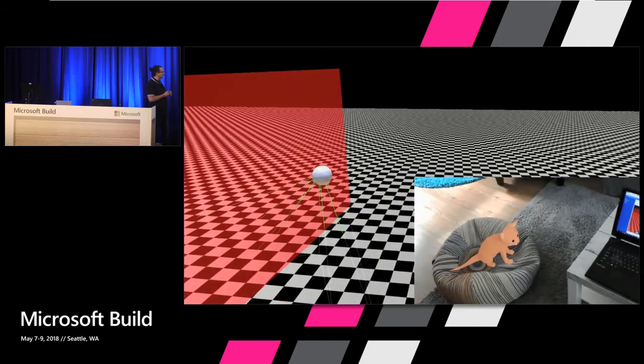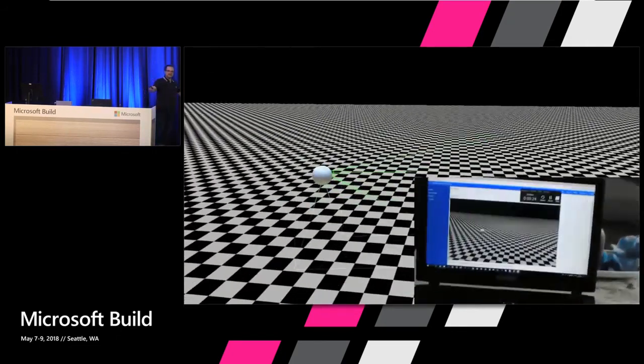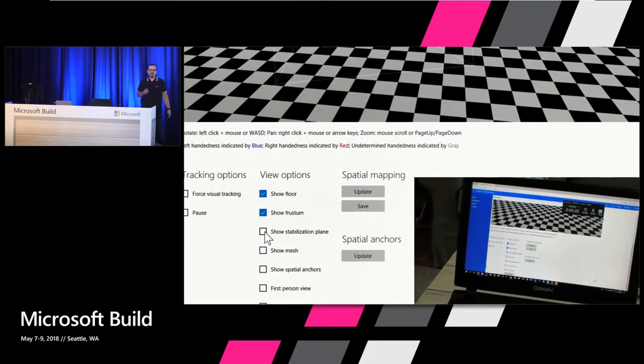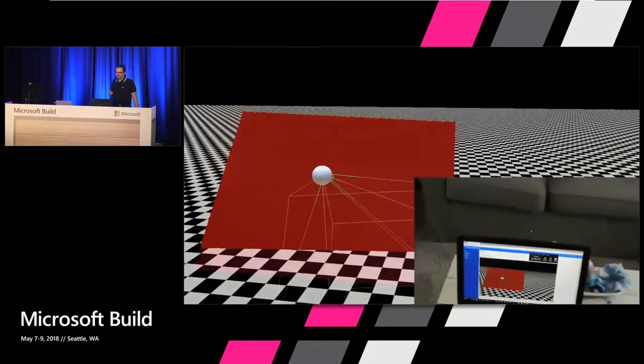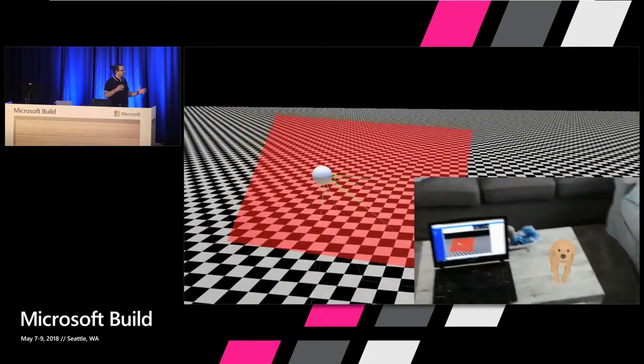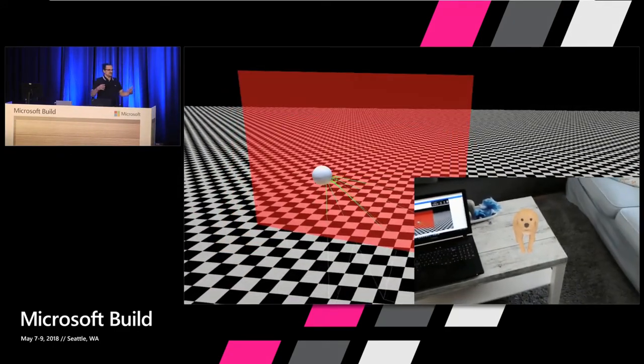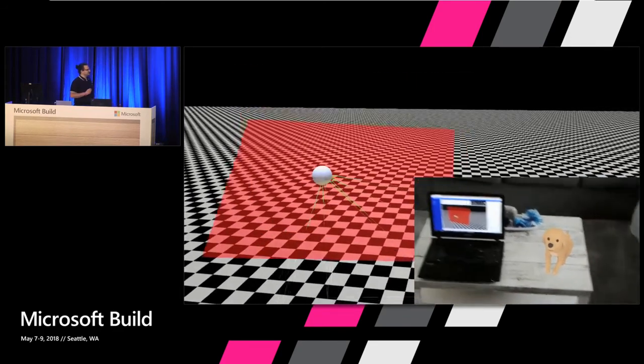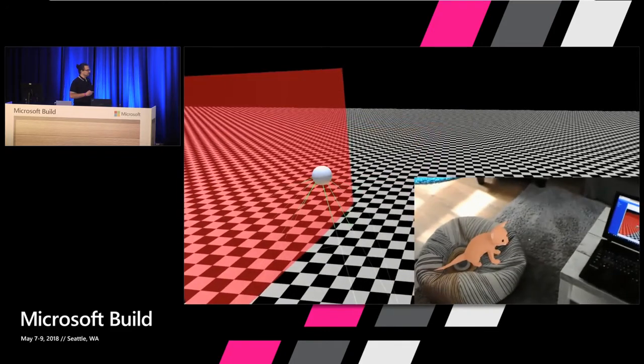And yep. So again, you can use the automatic depth buffer sharing or use it manually. And there's an API called focus point, so you can set the focus point manually. But please make sure to make yourself familiar with it, because I still see a lot of apps that jitter a lot. And this is typically the case when you don't care about the stabilization plane.